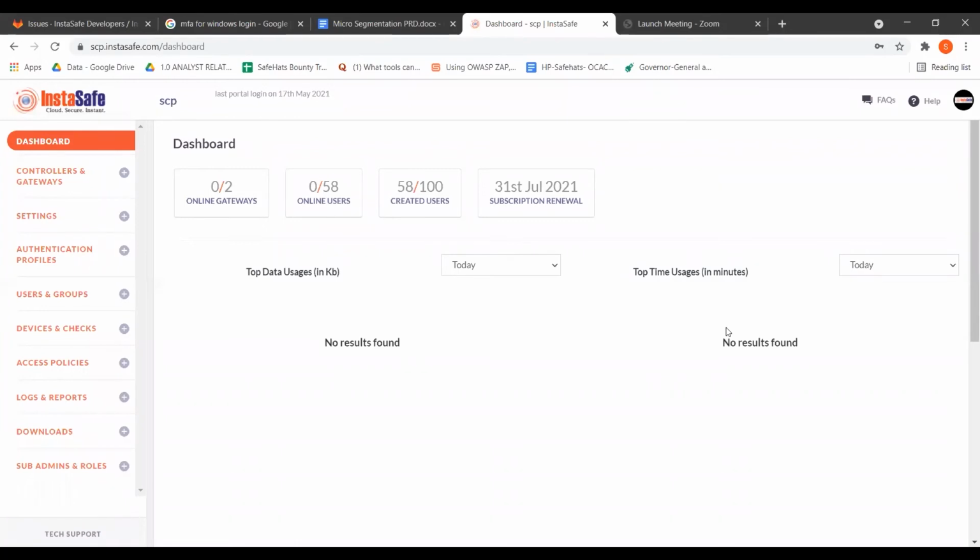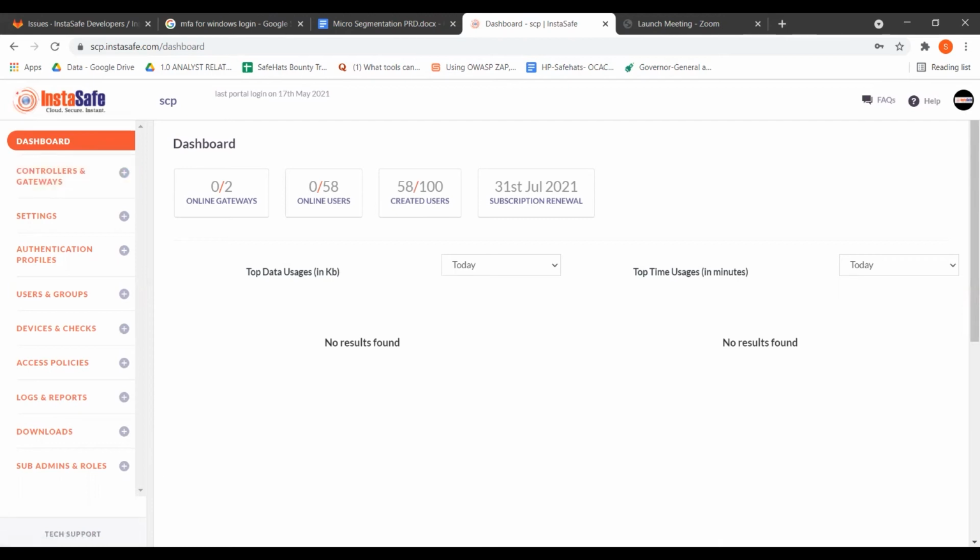This is the InstaSafe console. From here, the admin can manage all activities within the organization relating to InstaSafe Secure Access. From here, new users can be provisioned, as well as divided into groups, and based on the user level or group level, individual access policies can be configured. Based on these access policies, an individual could be allowed or restricted access to a resource. The resource might be any particular server or any enterprise application.